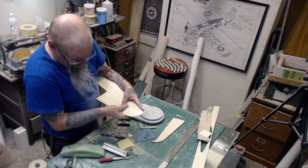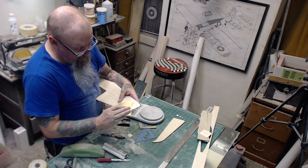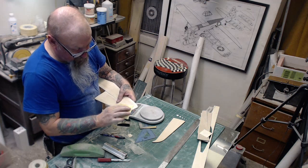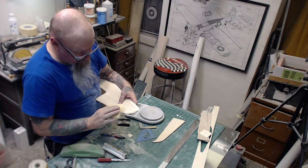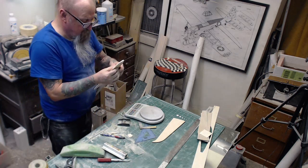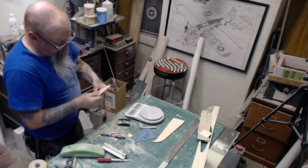Because even if you make them the same, you can't make two pieces exactly the same. So you make each one fit each side. It just doesn't work that way. And they're close, but